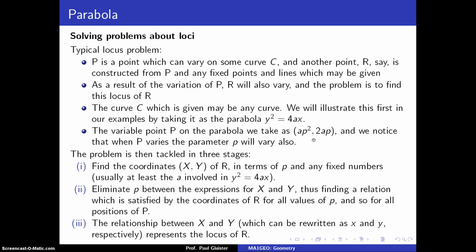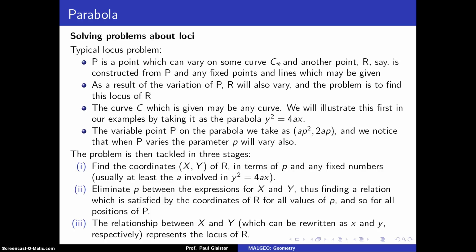So shortly, through the examples that we will study, we will solve a series of loci problems. Now, what sort of typical scenarios might we have? Well, we could have, for example, a point P varying on a curve. Let's suppose it's a parabola. So a point P moves along a parabola, the curve C, and from that point one constructs another point